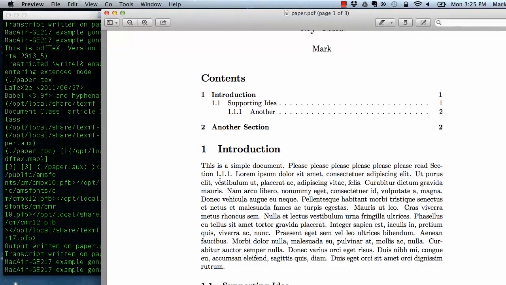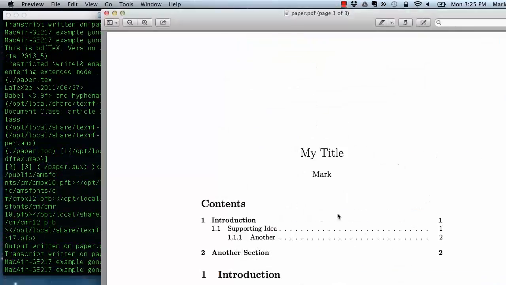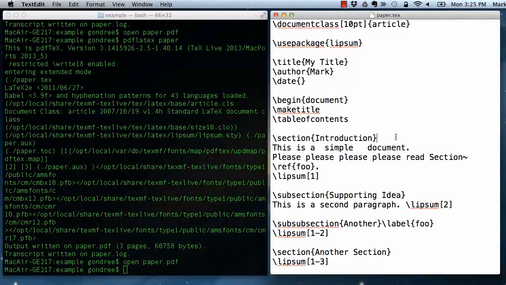This is really nice when you talk about tables or figures or sections to use this non-breaking space, this tilde, so that they're kept together. And if this was a little shorter, they would, as normal, appear on one space. It might add a little space or squeeze a little space in order to maintain that section 1.1.1 remain on the same line together. You'll see me use this often as a non-breaking space as I refer to things. So if I have a label here called bar, and I say